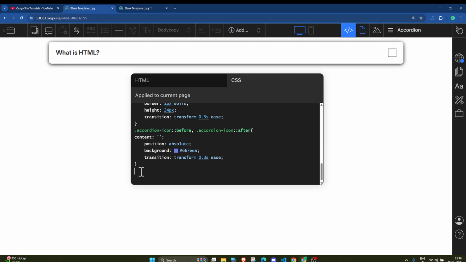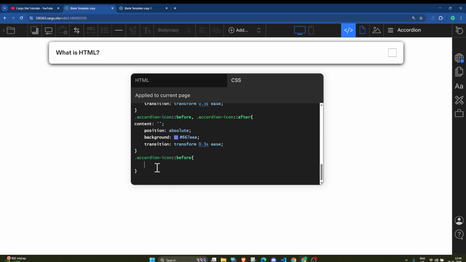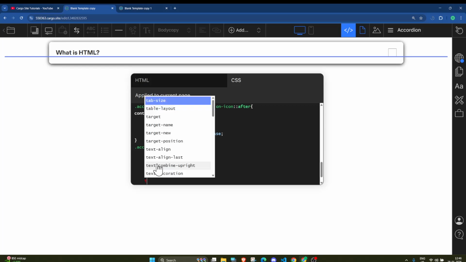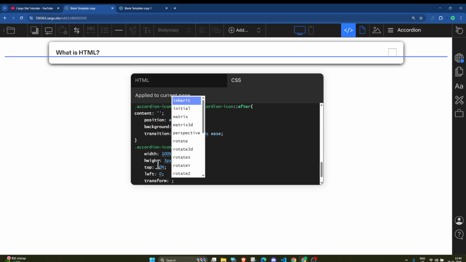Now I will select this thing particularly and add a CSS here. I will add the CSS width 100%, then height 3 pixel. From top CSS property 50%, left 0, and transform translate y minus 50%.